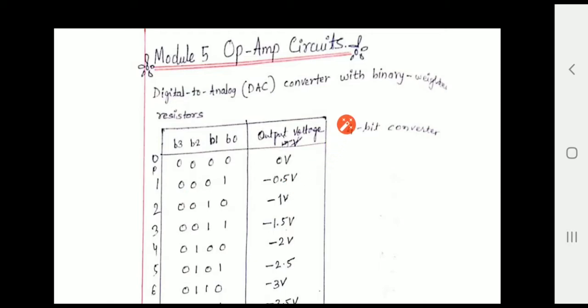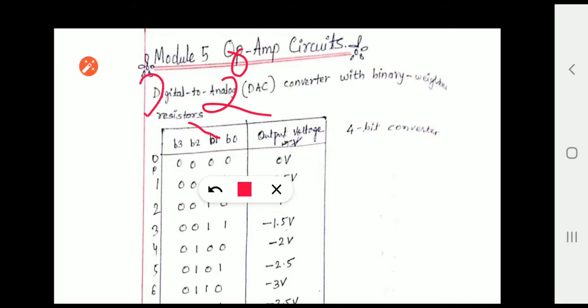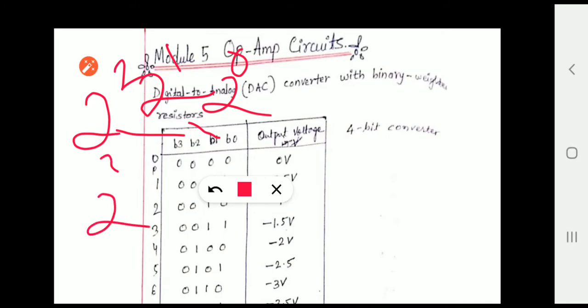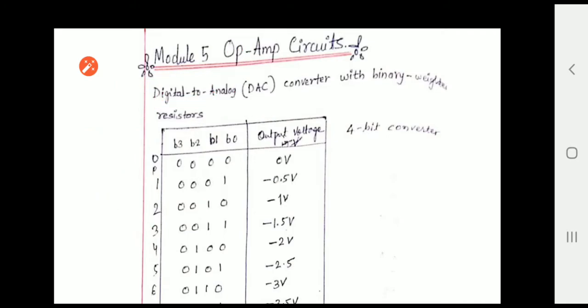For B0 we can write 2 raised to 0, which is nothing but 1. For B1 we can write 2 raised to 1, for B2 2 raised to 2, and for B3 2 raised to 3. Like this, based on the position we can write the values, and these values are used in the